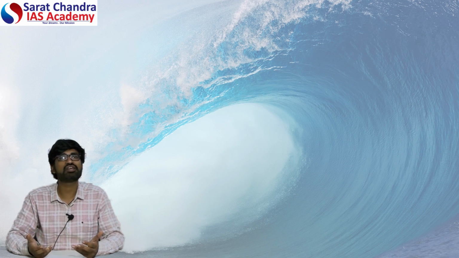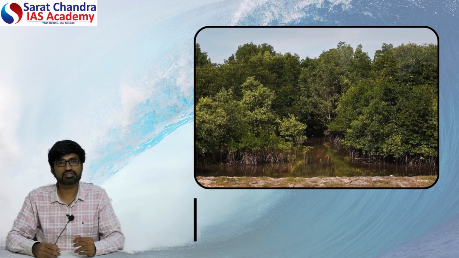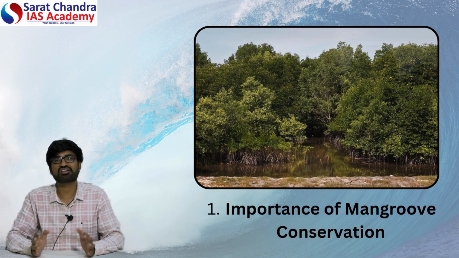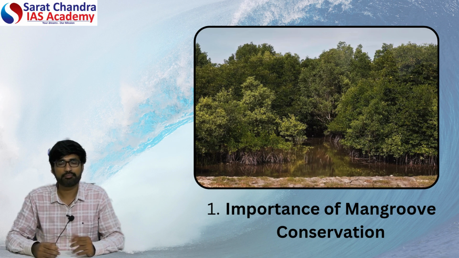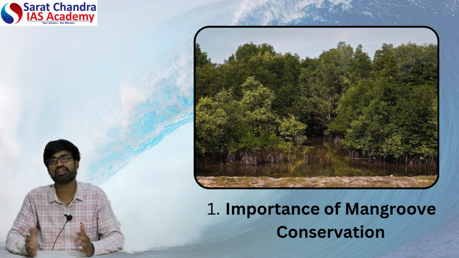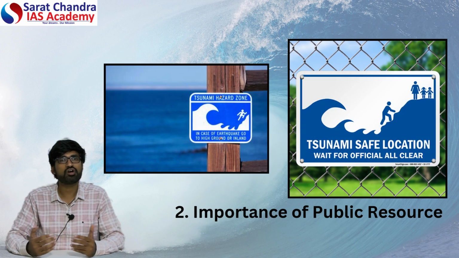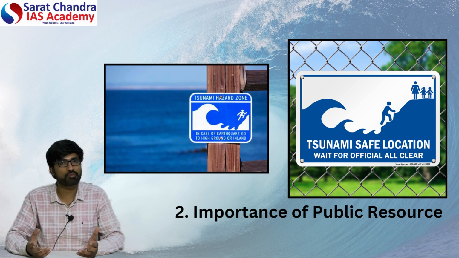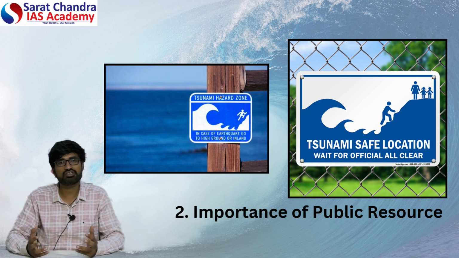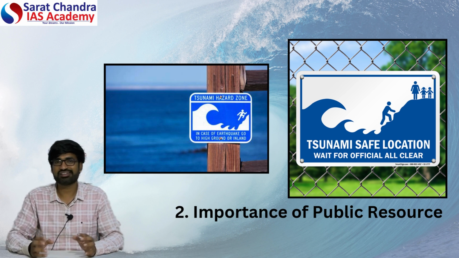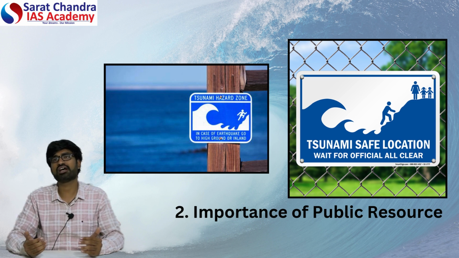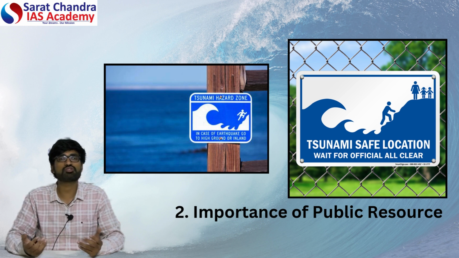Now, what are the lessons we have learned from that tsunami? First lesson is the importance of mangrove conservation, which can act as an anti-tsunami barrier, was again reaffirmed because mangroves act as a coastal shield. They protect us from tsunami waves. Second, the importance of coastal resources as public property. For example, the beaches in Thailand are not public property, they are private property. But in India, the beaches and the places near the coastal area are still public property. That's why we can use the NDRF or any force very quickly. The response will be quicker.